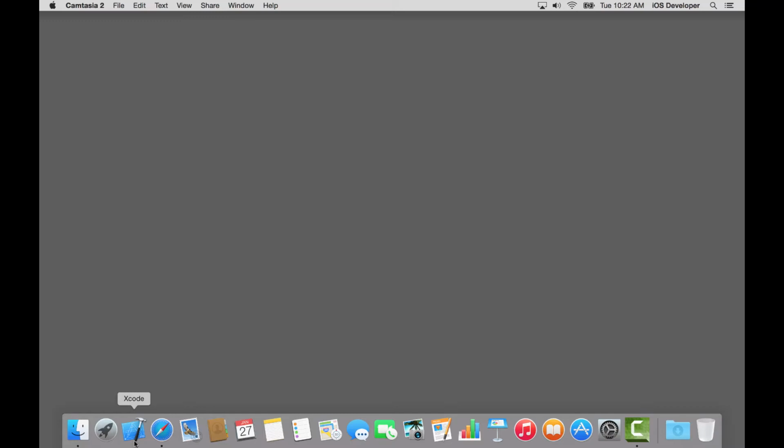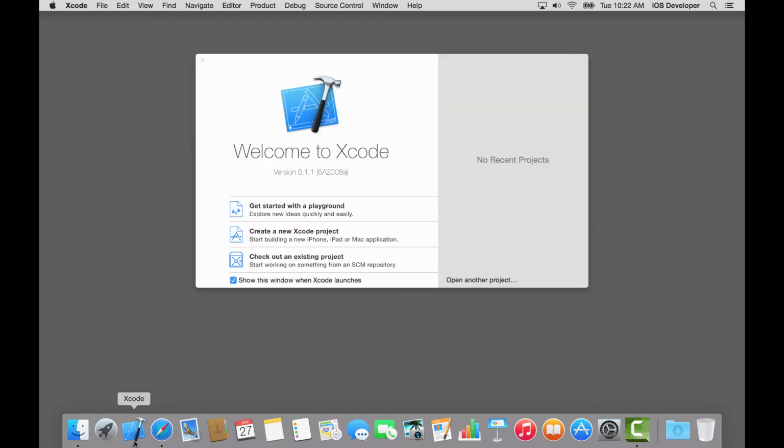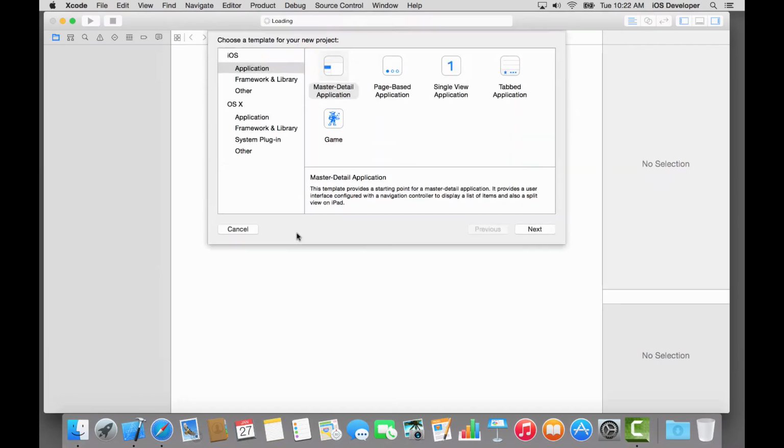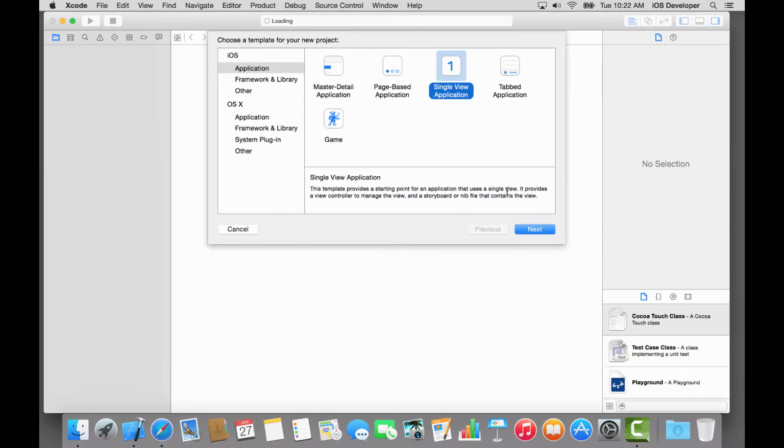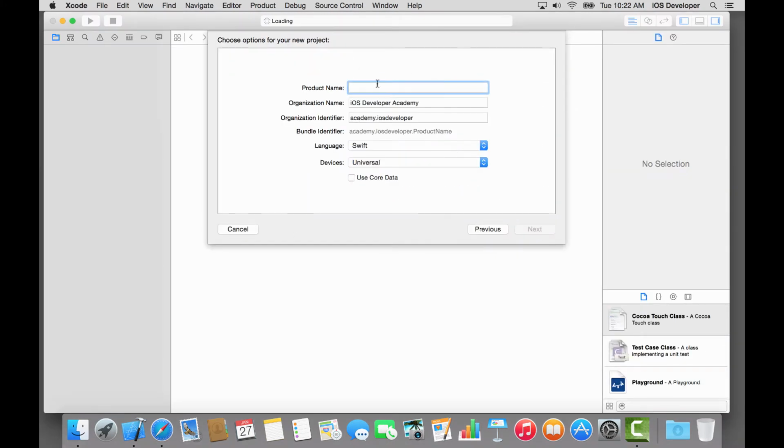We're going to create an iOS application that is an interactive Hello World. Launch Xcode and create a new Xcode project. Choose Single View Application, and then name the product. We're going to call this Interactive Hello World. This will be a Swift application, and we're going to set the device to universal so it works on iPhone